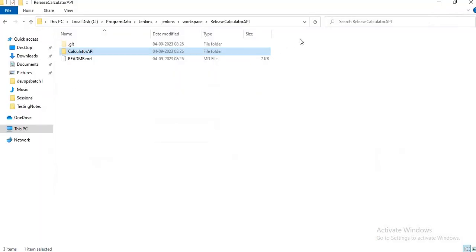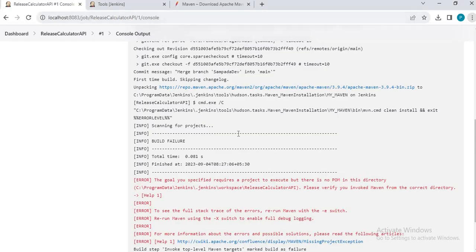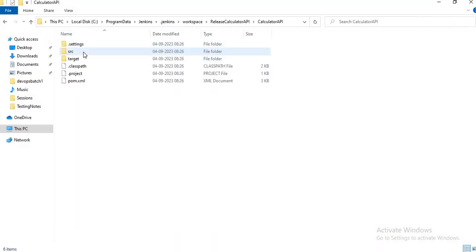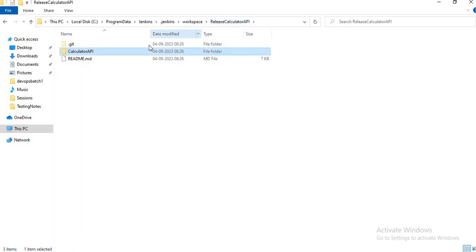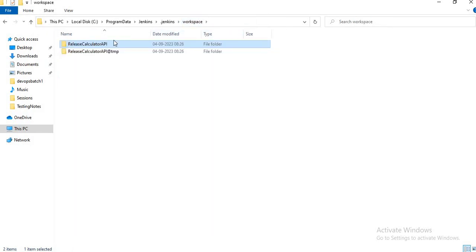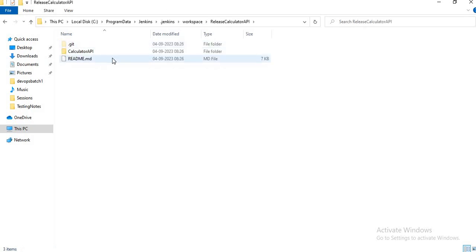So the problem is, it tried executing Maven commands from here, and we have already discussed that when we want to run Maven commands, we should be inside the project directory, right? So we need to ask Jenkins to perform Maven commands from one directory inside where it is currently in. This directory actually has the POM XML. So it tried doing it from the Jenkins workspace directory, and from here it tried to execute the Maven commands, right?